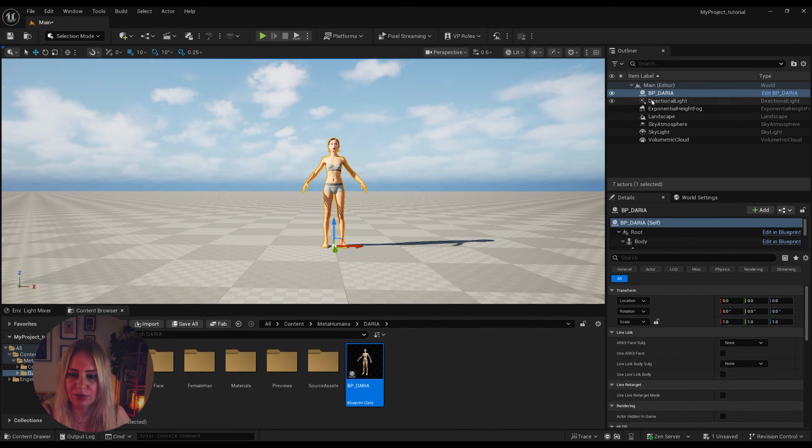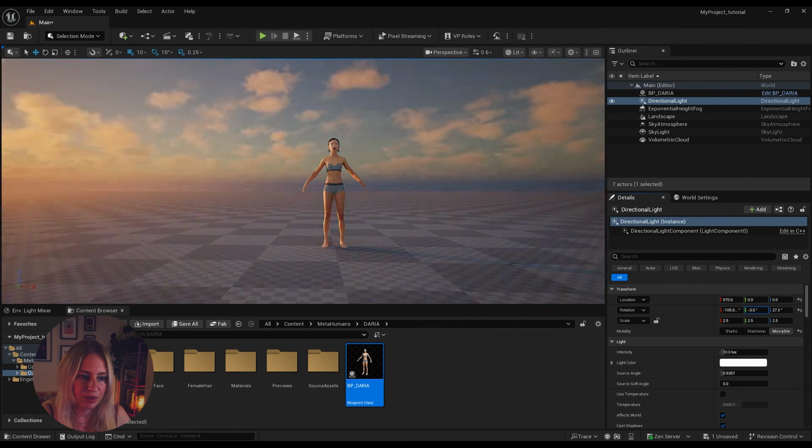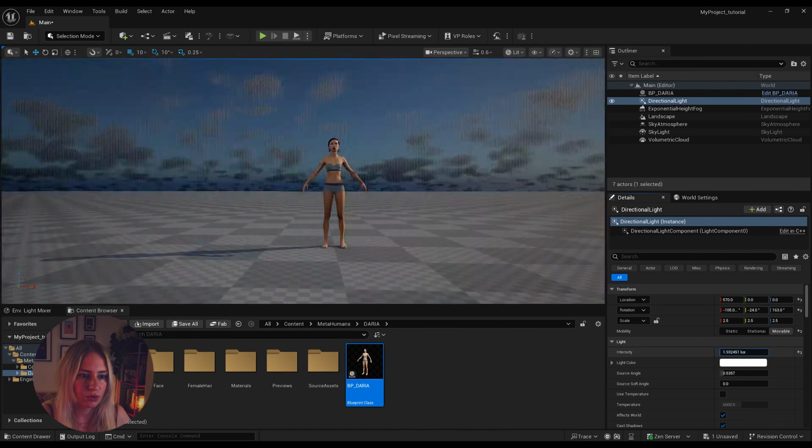Actually, my light is a bit too harsh. It's not something I would do completely now. I just like to have it a bit nicer for our workflow. I just move it a bit around and lower it also. Now,